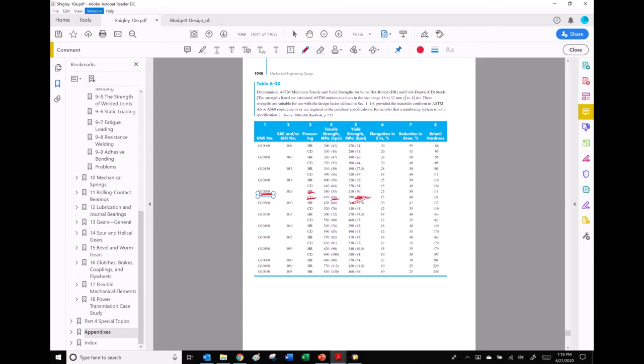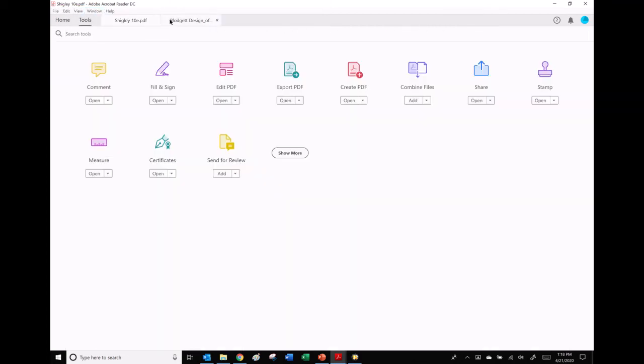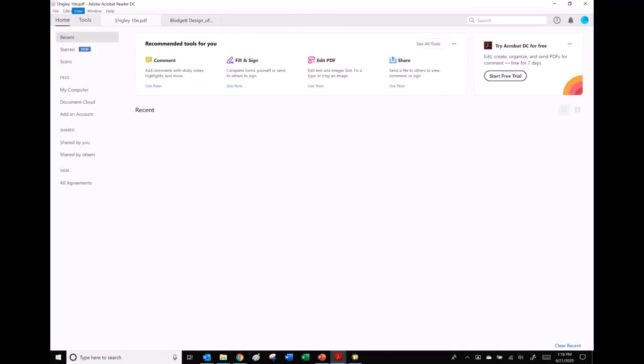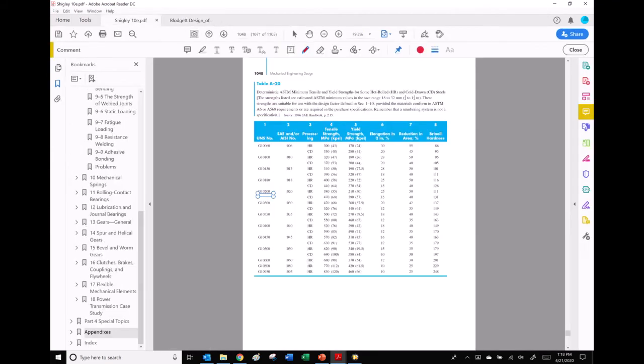Whoops, I didn't. The eraser doesn't actually work on this. Whoops, back. Come on, undo, baby. All right, you're just being annoying. I'll just leave it there. Okay, so anyway,